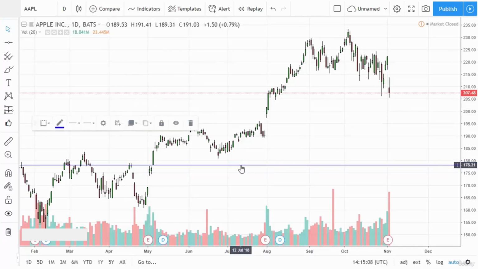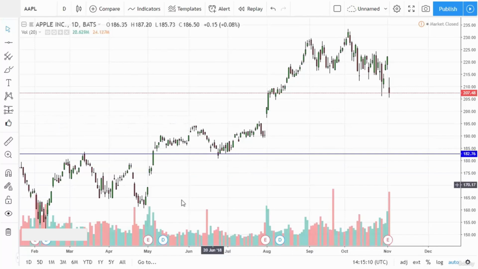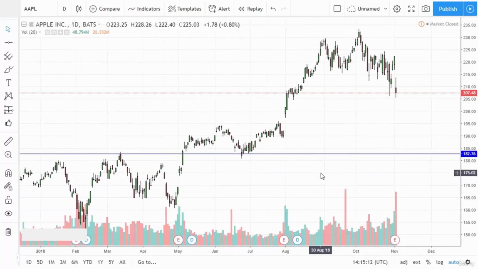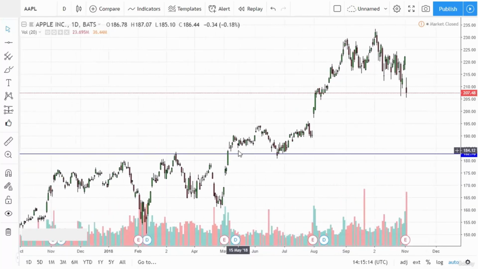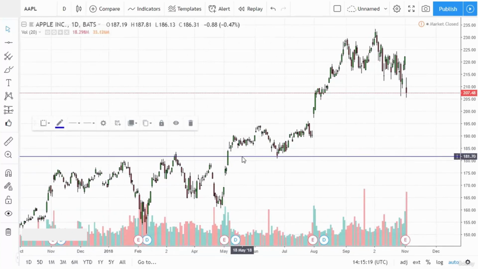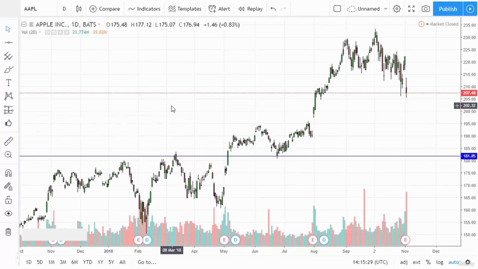So you can take this line and you can draw little areas. And the first thing that I would mention is you can see where price was resisted at this area here previously, and a lot of selling pressure came in. But when we broke above it, buyers started supporting the market right in this area as well. And that's something called market memory. So market memory is based upon, and I'll go back to our example here of resistance, but it does work in both directions,